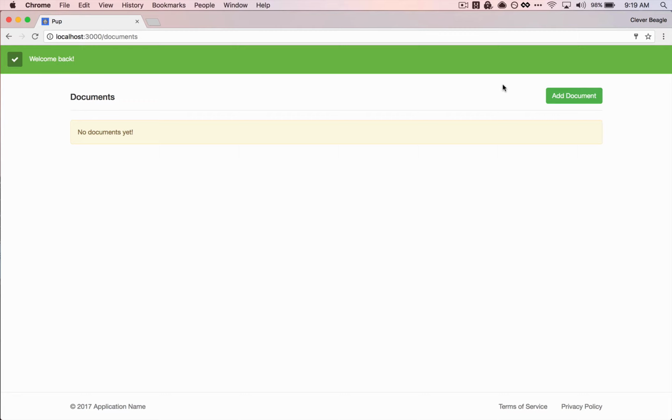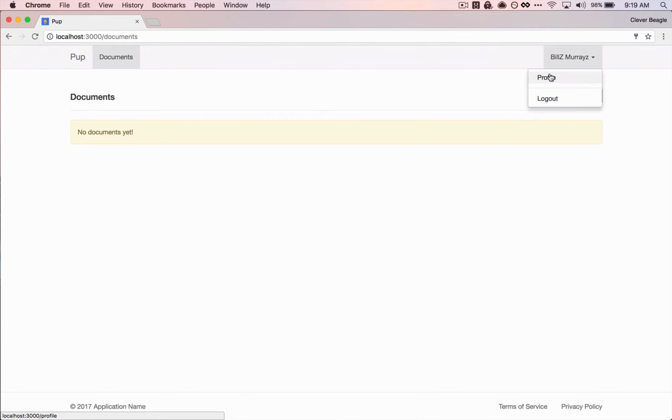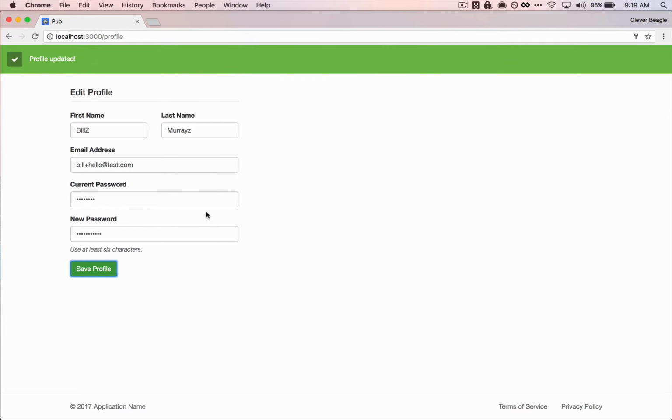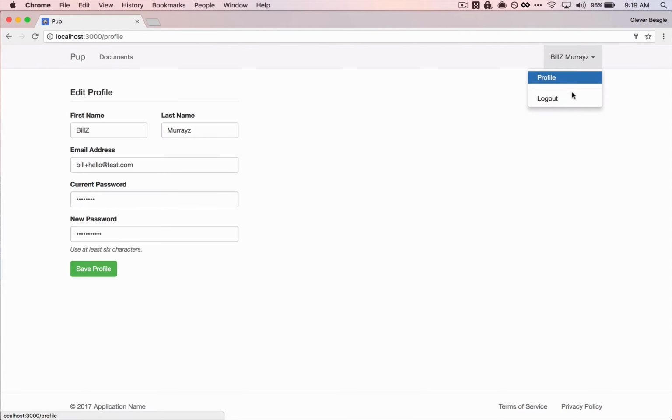So what that is trying to demonstrate is that we changed the first name, last name, and the email address, and they all updated behind the scenes for us. And we didn't change the password, so we can even do that now. So current password is password, and we'll change this to password123. We save that. And so now it seems like nothing has happened, but if we go back again,